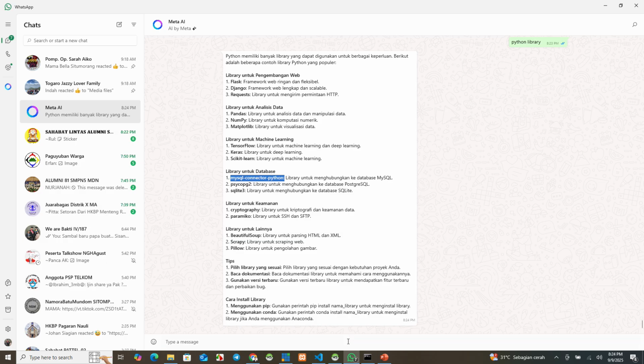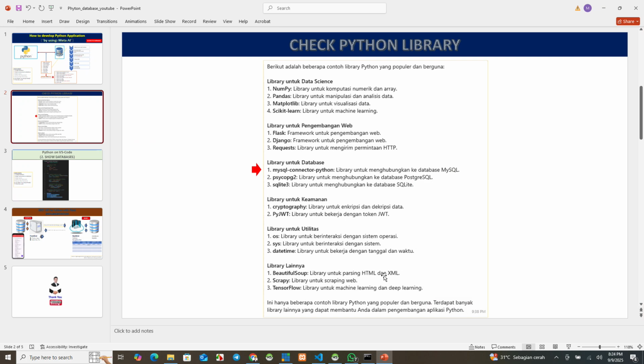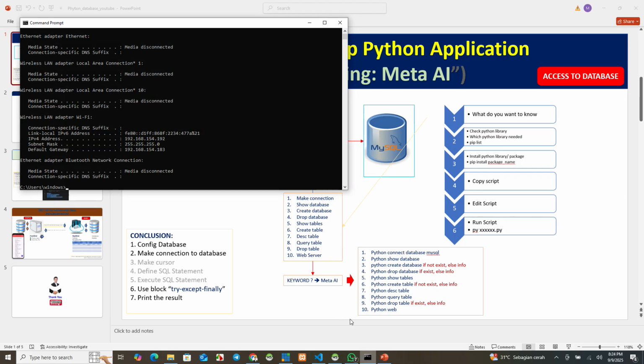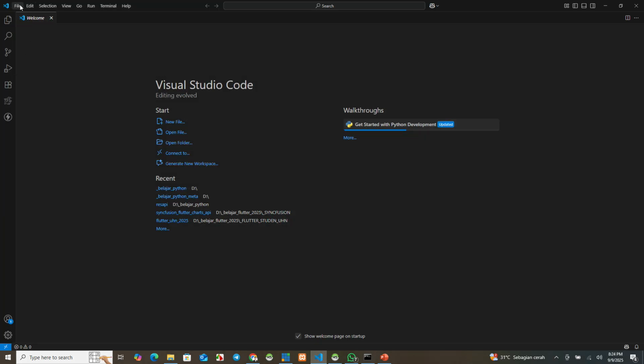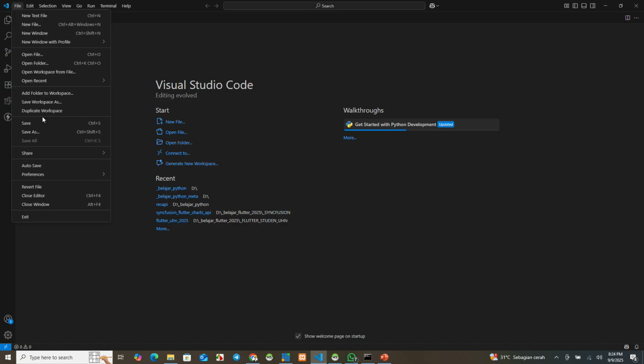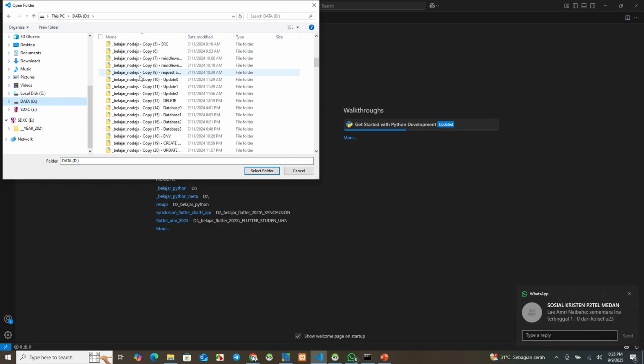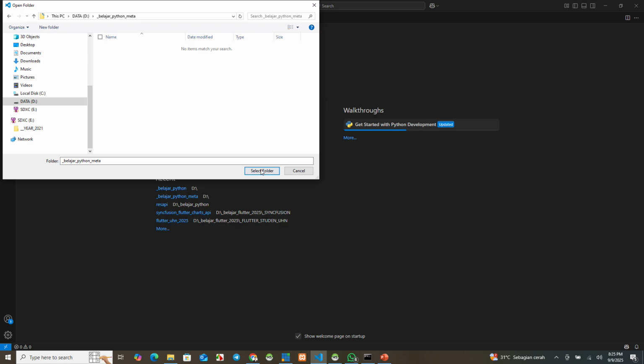Okay, this is my environment emulator. We put our coding folder here, belajar Python meta.